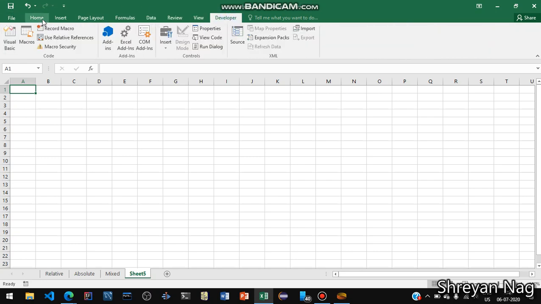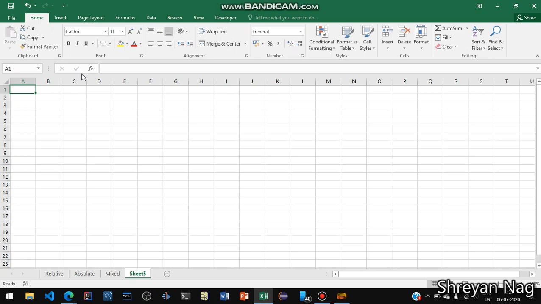These are all called tabs. Currently we are on the Home tab. So: File tab, Home tab, Insert tab, Page Layout tab, Formula tab, Data tab, Review, View and Developer tab.